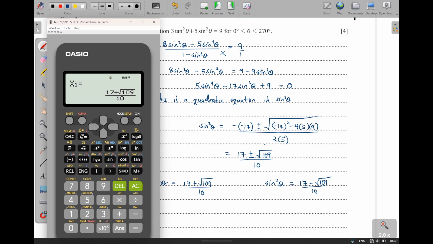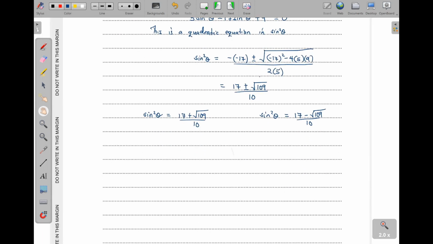Now this one here is a positive. Okay, how about the other one with the negative? This one is also positive. Okay, because we are supposed to take the square root. So if one of them were negative, then we are going to dismantle it. And of course, we know